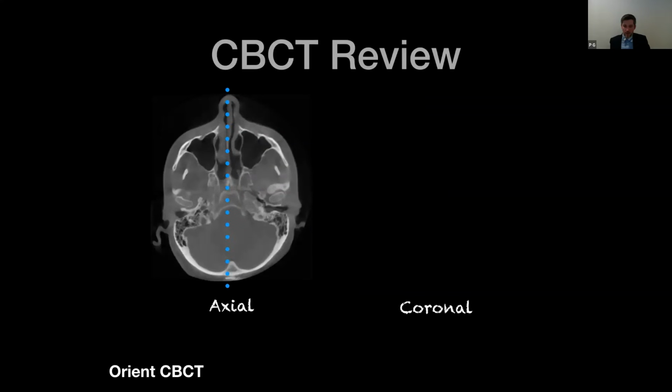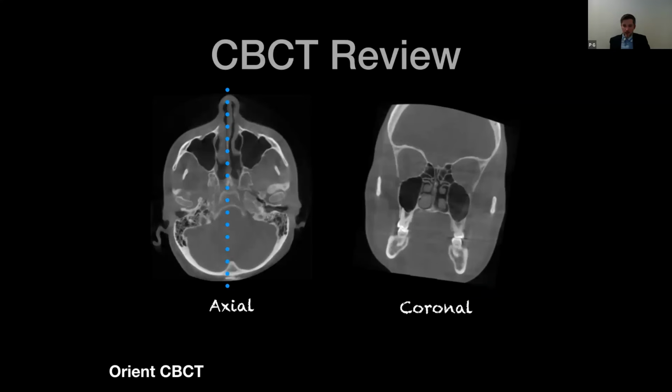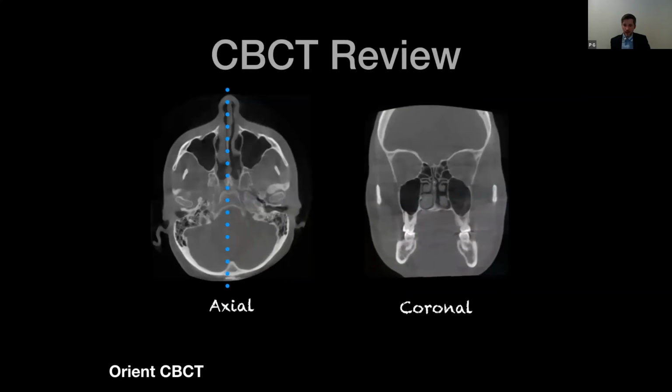And then likewise, I do that for the coronal. So here, this is an example of turning a patient to their side in the coronal view. And again, just uprighting them, and then you are able to compare right and left sides evenly. And so, why do I make a big deal about orientation as the first step in this workflow? What's the big deal? What happens if you don't do that?